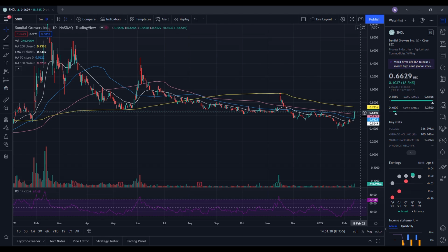So if we go into next week and we end up having a pullback, I know some of you might have that question, then it would be great to see if we could hold up at least 60 cents. I think that would be very achievable for SNDL, especially with the recent news that came out and so forth. So 60 cents being an area of support, I want to see SNDL establish this for the coming week